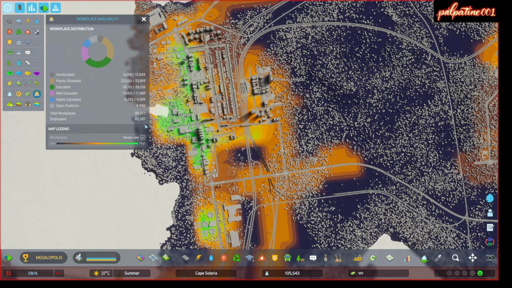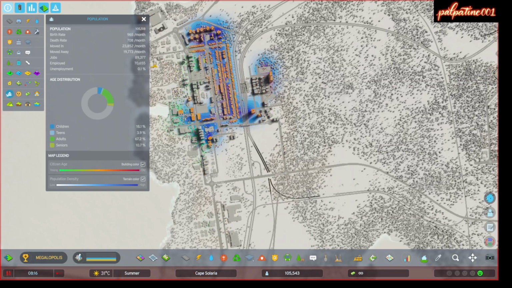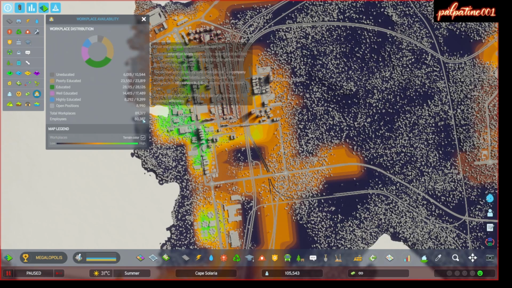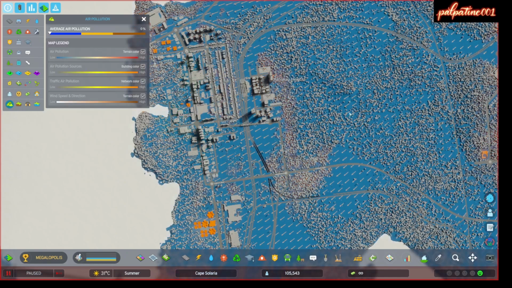Workplace availability. So total workplaces we have, oh, okay, that's come up. Yeah, we're just about maxing out. So this is a good thing, and it's pretty stable across the board, although most educated jobs are filled. And of course we have air pollution,